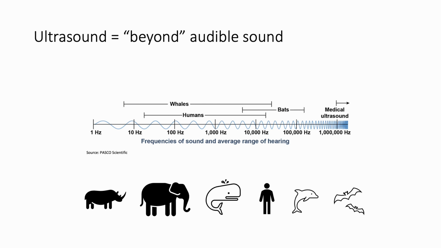And in fact, the acoustic spectrum extends not only beyond what we can hear, but extends beyond it in the other direction too, meaning infrasound, where whales, rhinos, and elephants use lower frequency sounds that we can't pick up to be able to communicate with one another or do the other things that animals need to do, I guess. So we can intuitively think about ultrasound the same way that we do electromagnetic waves, which we might be more familiar with. Things like UV rays, X-rays, gamma rays.